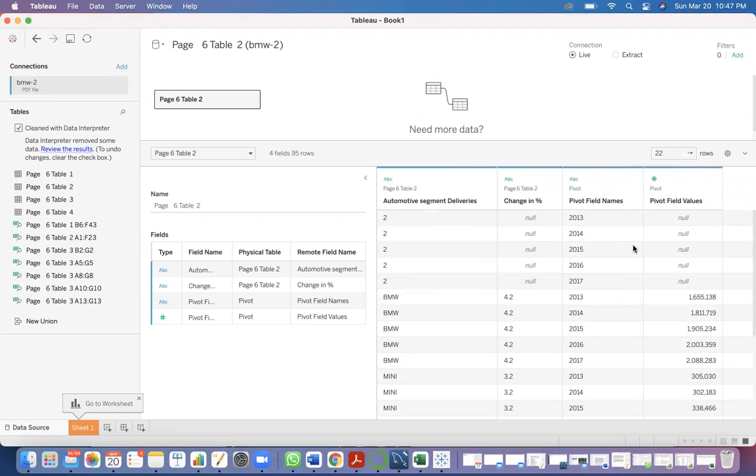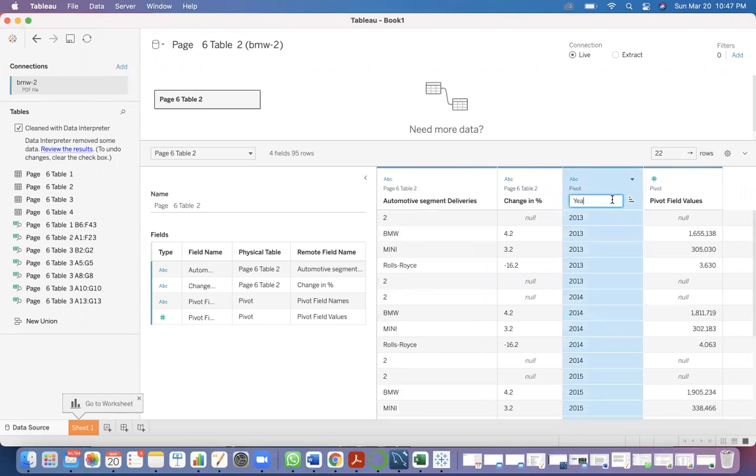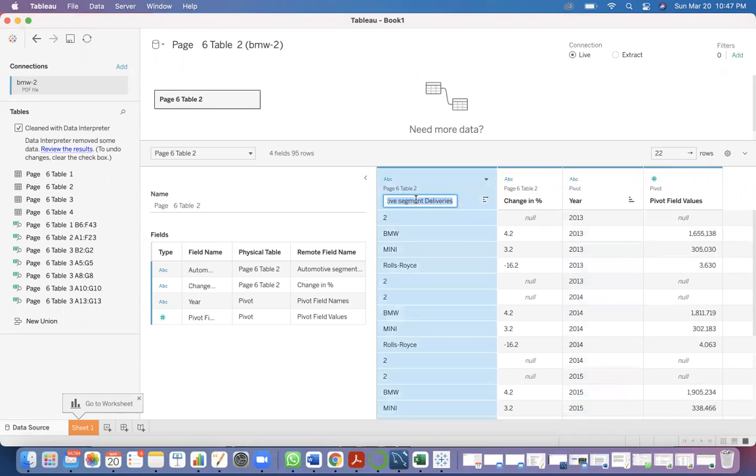And then change the value, rename this to year, and then rename the deliveries to